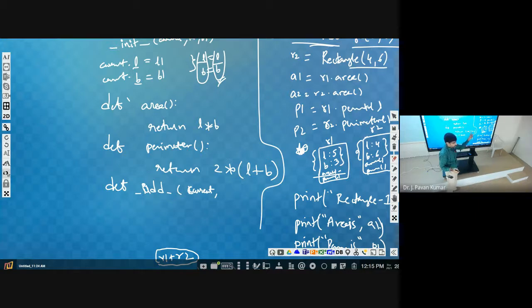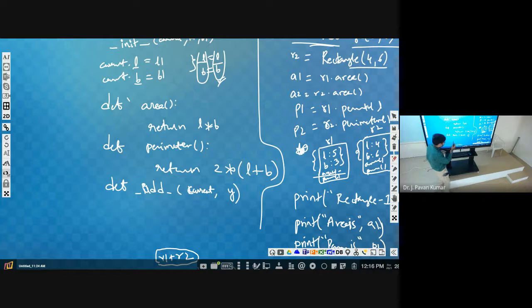Current is nothing but R1. In addition to that, we need to pass one more object, R2. You can give any name; say this is X, and this is Y. So for this current object we need to add Y's properties.